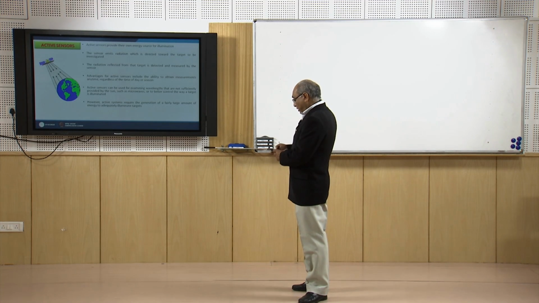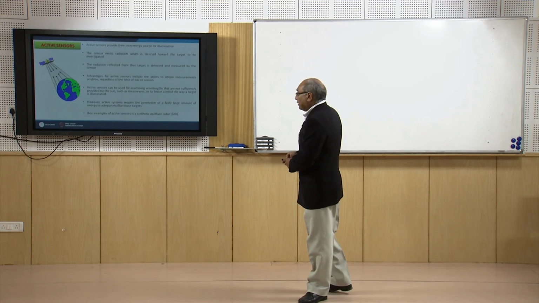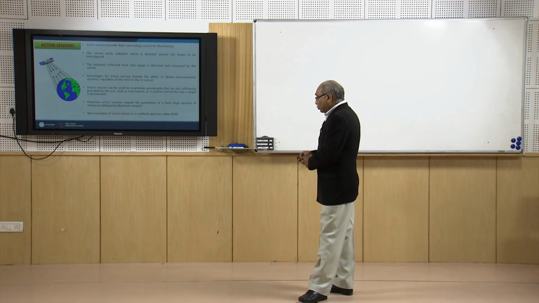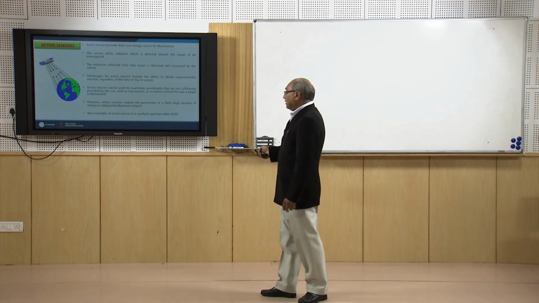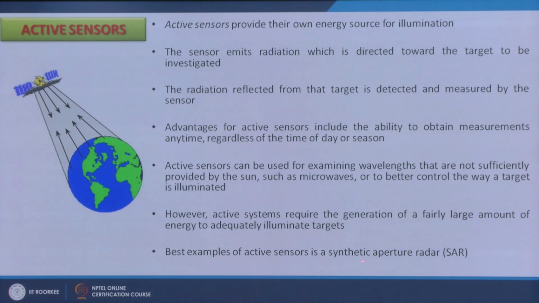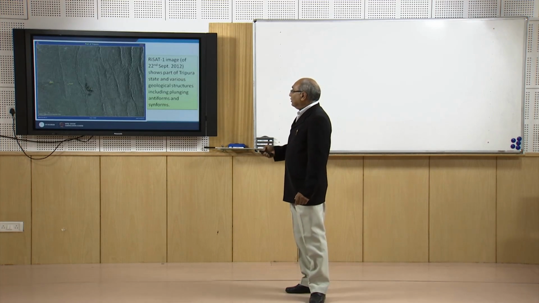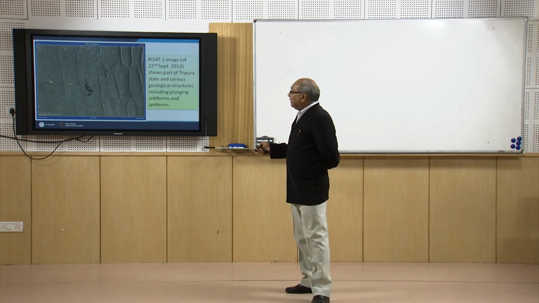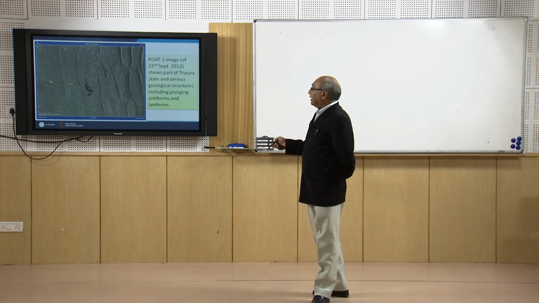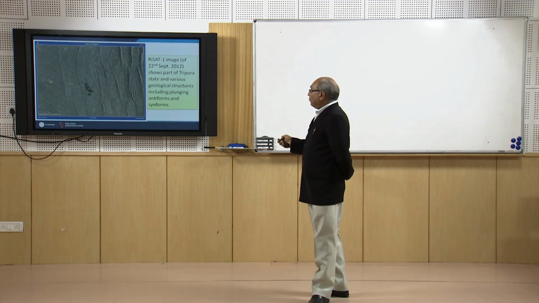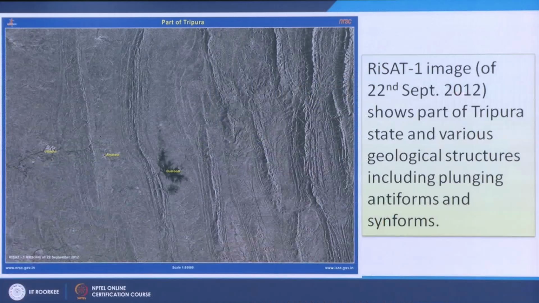So that is one limitation of this thing. And the most common active sensors in the radar range of the EM spectrum are synthetic aperture radar, as mentioned, like NISAR, like Sentinel, like RADARSAT, RISAT, all of them use this. Here is an example of our own Indian remote sensing satellite, part of Tripura from RISAT-1, that is the image acquired